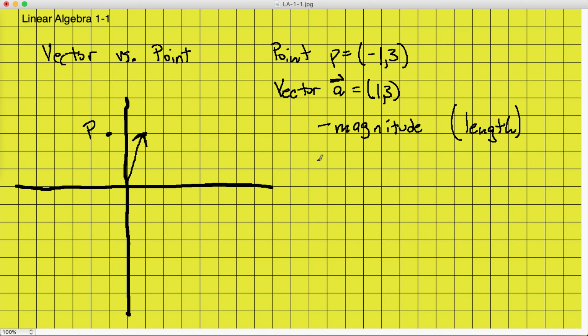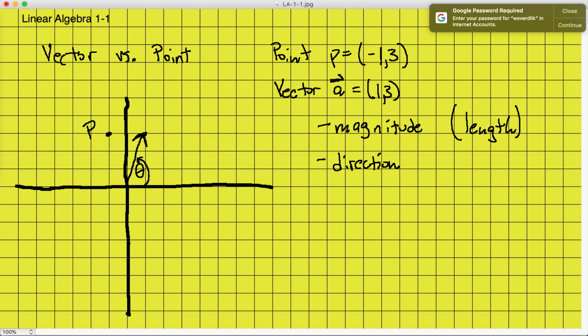The other thing that a vector has is direction. And there are lots of different ways of specifying a direction. One of the easiest ways to do it is we can just express it as an angle theta that it makes with the x-axis right over here. But the point is that the vector is not necessarily unique. We will note that if I come over here and I go over 1 and I go up 1, 2, 3,